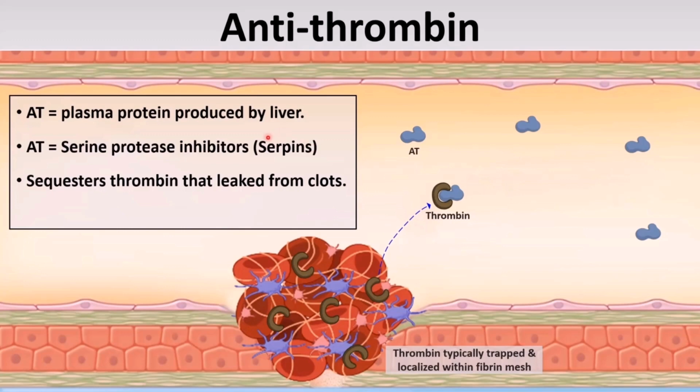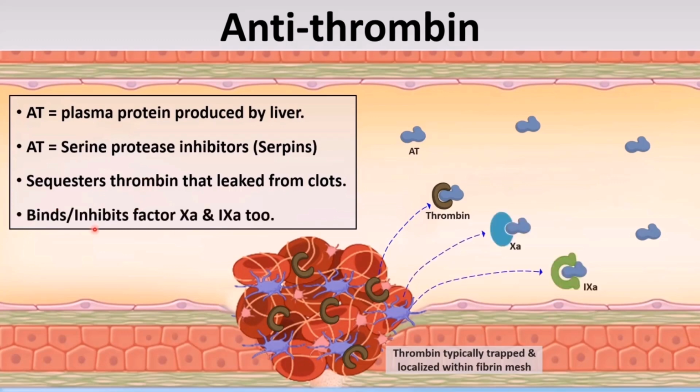Now, serpins in general are able to bind other types of serine proteases as well. So antithrombin, other than binding to thrombin, is also able to bind and inhibit your factor X, factor 10, as well as your factor 9A. Alright, so it's not just thrombin that is inhibited. If there's any activated factor 10 or factor 9 floating around, it will also be inhibited by your